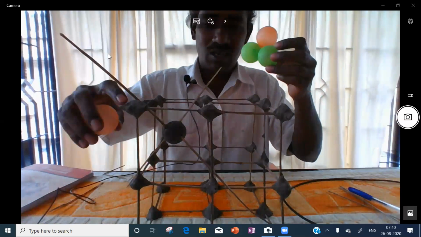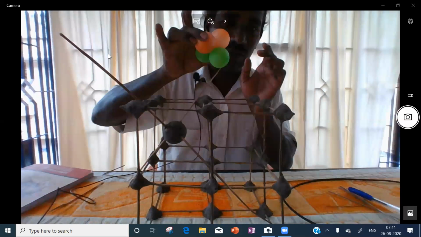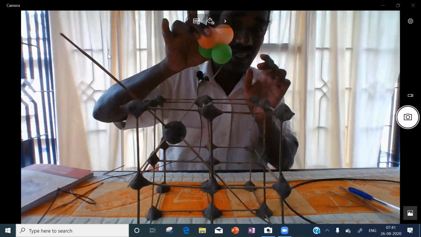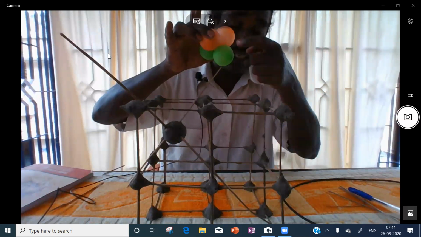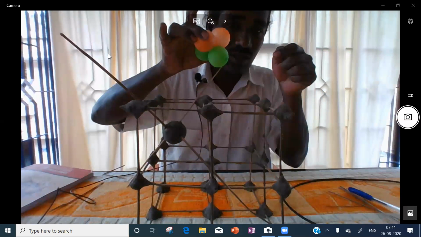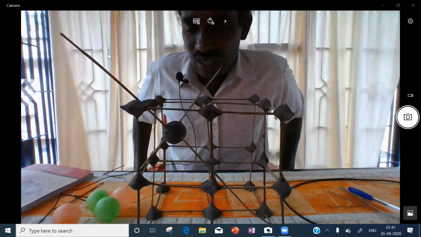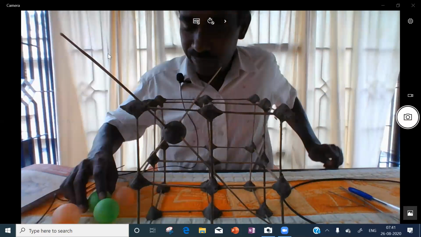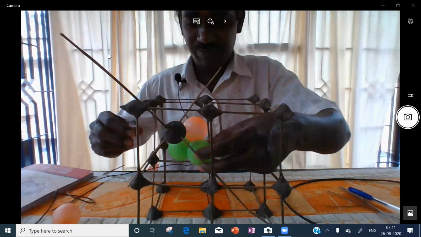Then it is a corner. How this corner will be there means it will be like this. The corner will be like this. Is it a tetrahedron? At the center of this, what is there? At the center of this, is a void there? No. That void is called what? You think. Okay, so again I will say to you. Now you see how it is there.